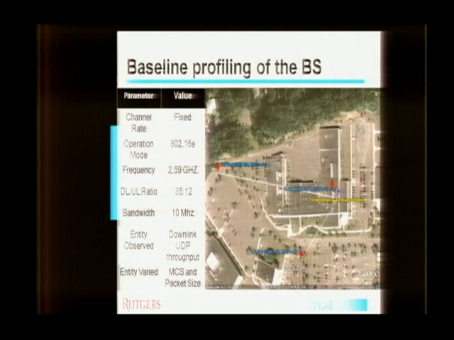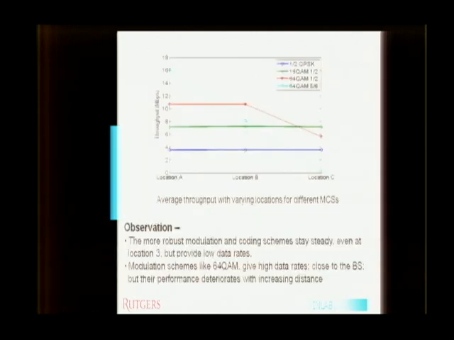What we do over here is we perform stationary measurements. We keep the modulation and coding scheme of the WiMAX base station at a particular fixed value, and we take measurements for different packet sizes. Then the modulation and coding scheme is also varied, and the experiment is repeated for different packet sizes. What we try to observe over here is the downlink UDP throughput, and we vary the MCS and packet sizes like I mentioned. The result of these experiments goes like this, where we notice that this is the average throughput